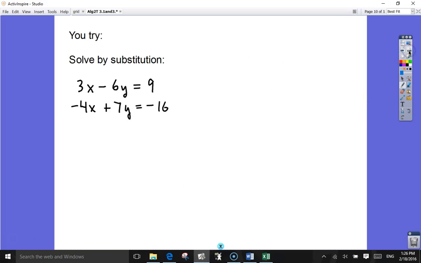So try this one. Solve by substitution. See if you can get it. I'm just going to do it in one step. x equals 2y plus 3. Now substitute into this equation: negative 4 times 2y plus 3 plus 7y